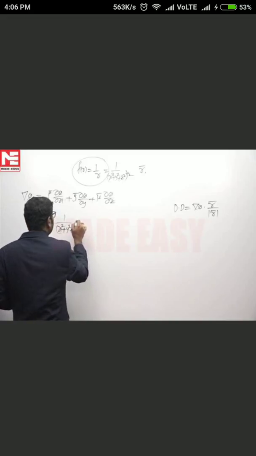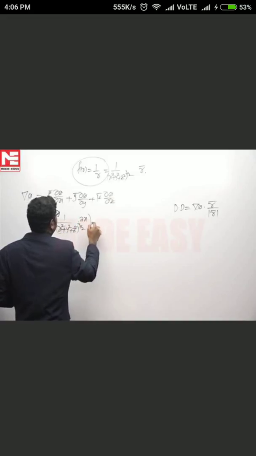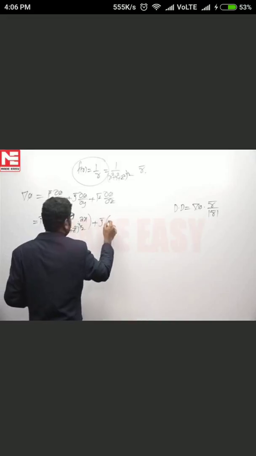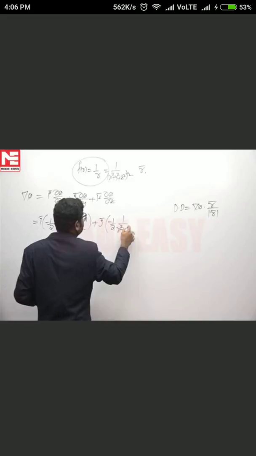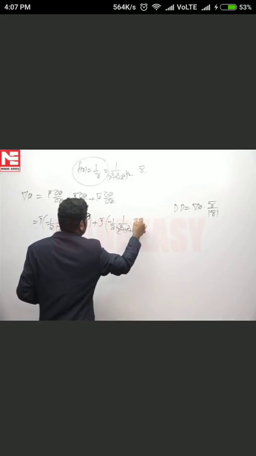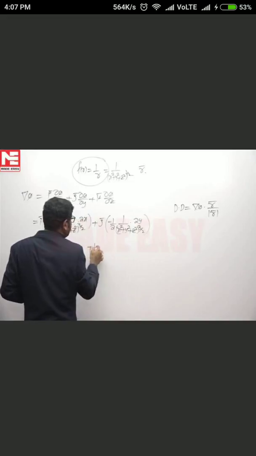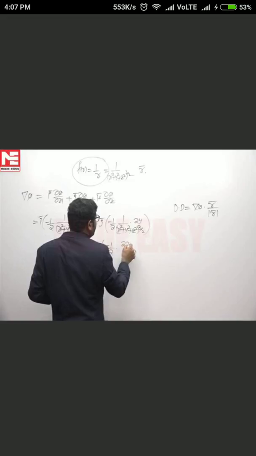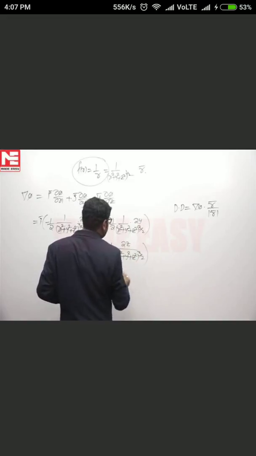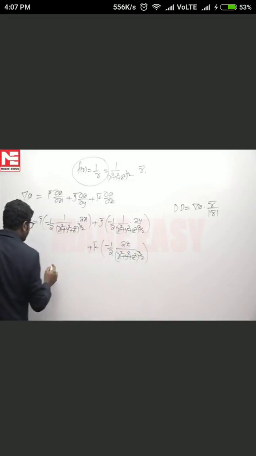into 2x, plus j bar of minus 1 by 2 into 1 by x square plus y square plus z square whole power 3 by 2 into 2y, plus k bar minus 1 by 2 2z by x square plus y square plus z square whole power 3 by 2. If you simplify this, you will get